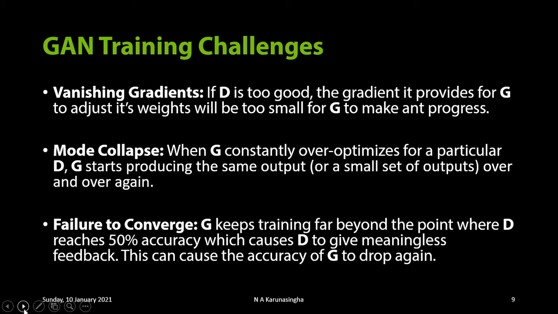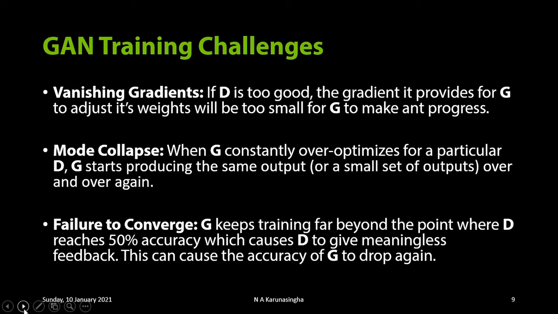At that point, because what the discriminator does is a coin flip, the generator loss that the discriminator provides and back propagates to the generator is meaningless, because it's basically doing a coin toss to decide if it's real data or fake data. So the discriminator doesn't really give any meaningful feedback, and the generator receives this meaningless feedback,